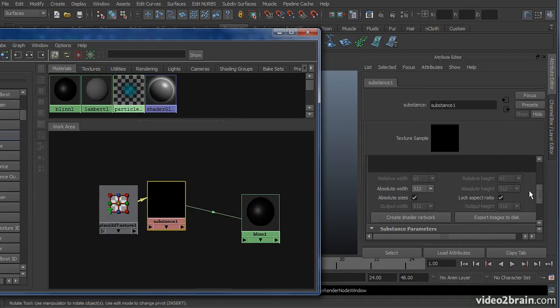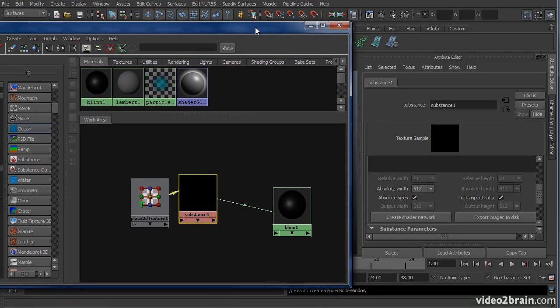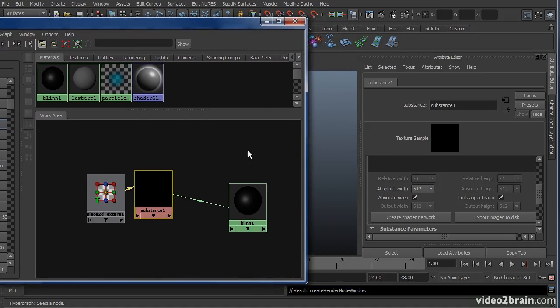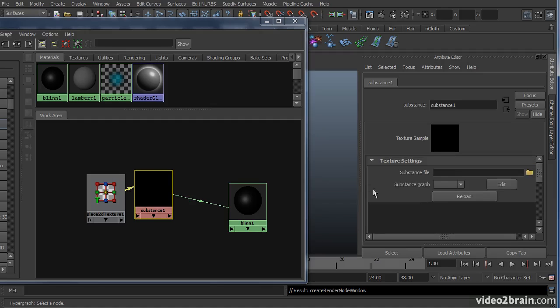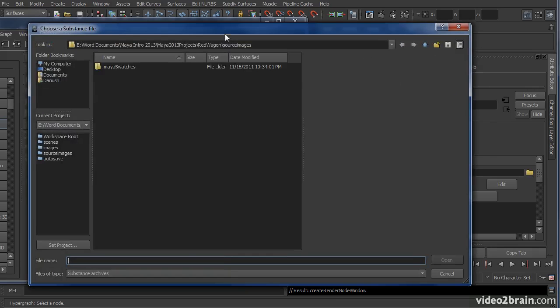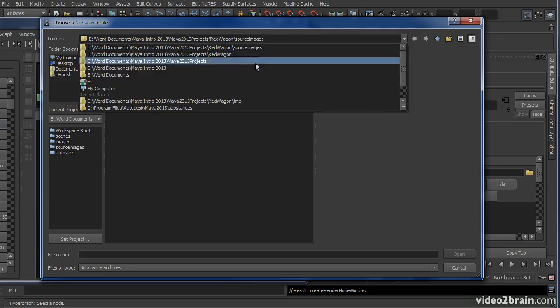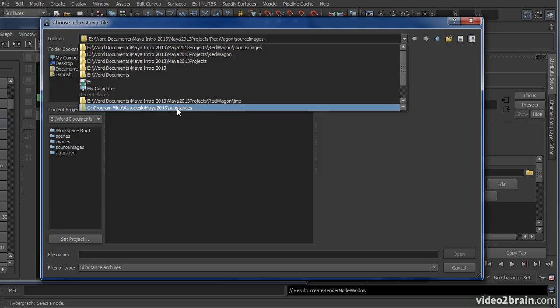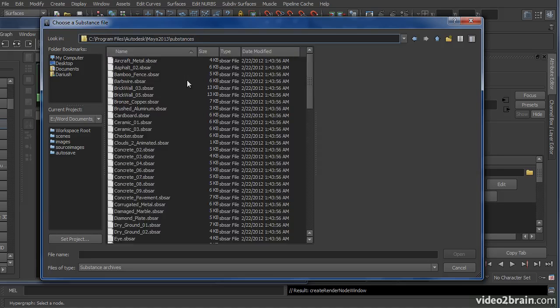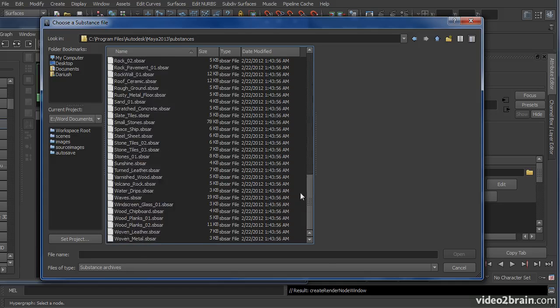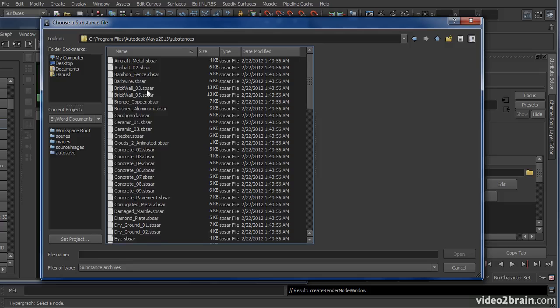A substance texture node is essentially a procedural texture that allows you to use a lot of different presets that will look pretty cool. As you can see, the substance icon right now is completely black. It's waiting for its substance file. When you click on the folder icon, it'll take you to Program Files, Autodesk, Maya, Substances. Depending on where you've installed Maya, you'll find under the Substance folder a nice long list of all the different substances available to you. We'll go ahead and select Brickwall 03,